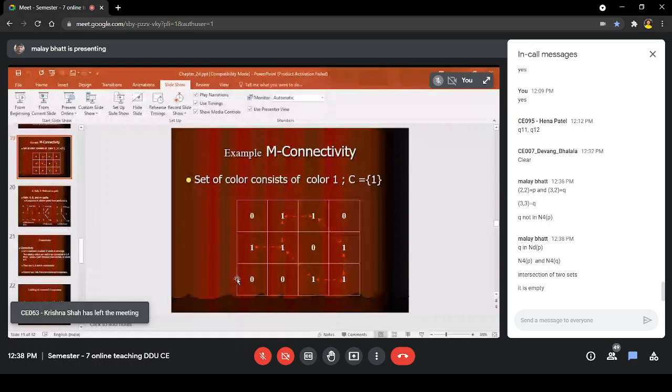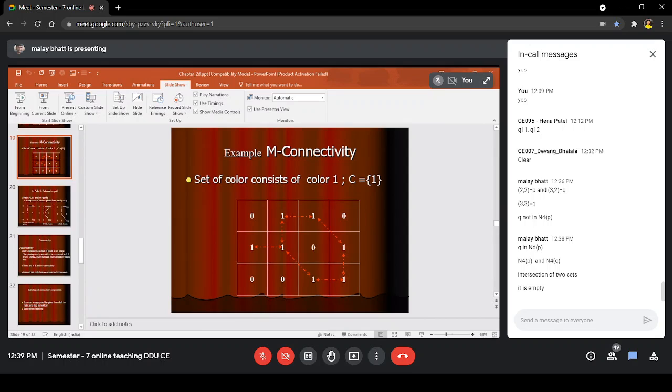Because in the 4 neighborhood of P, you will find only 2 points, the top and the left. Similarly, in the 4 neighborhood of Q, you will find only the right point. So the intersection of these two is empty.